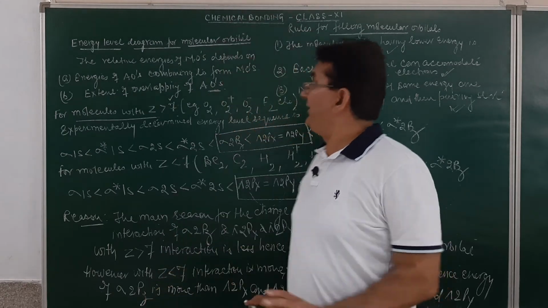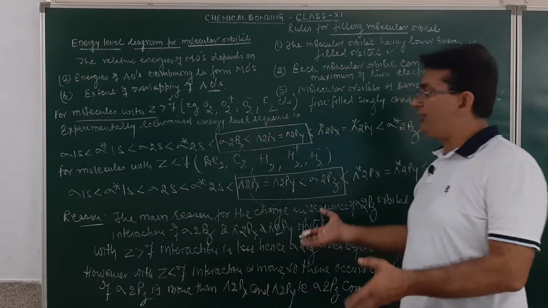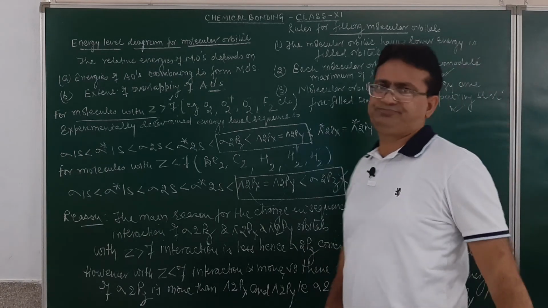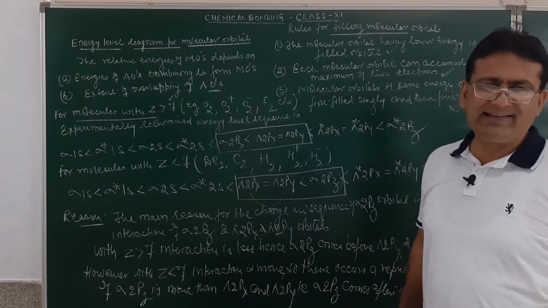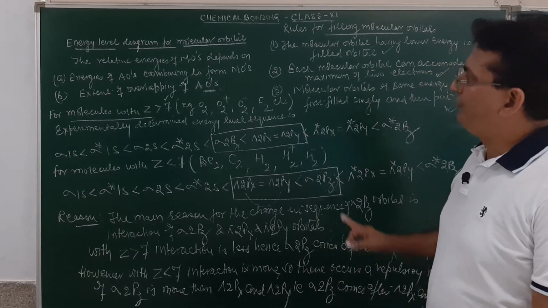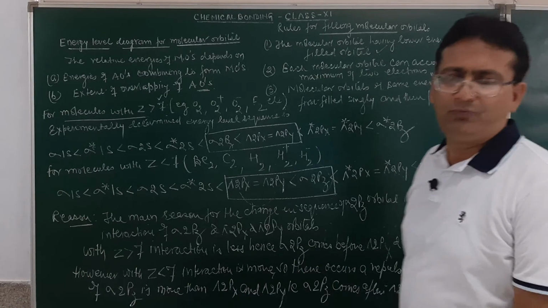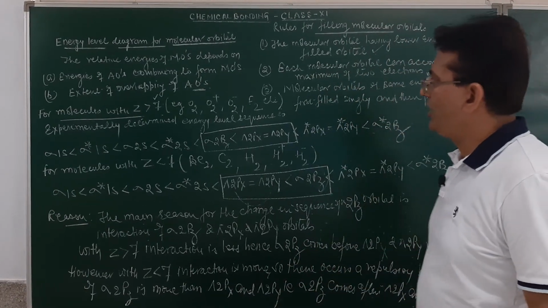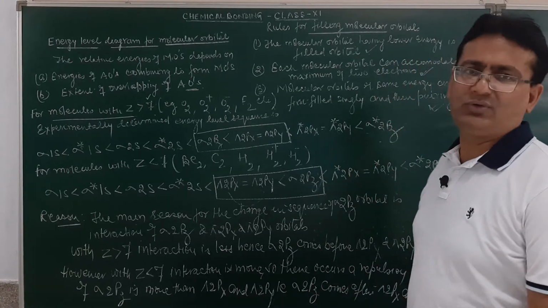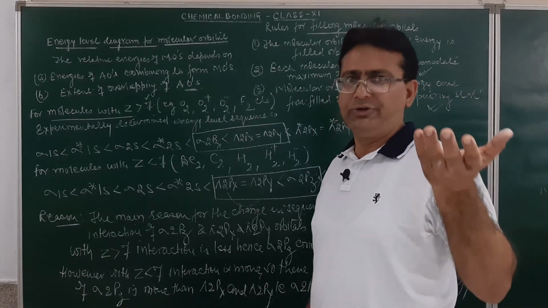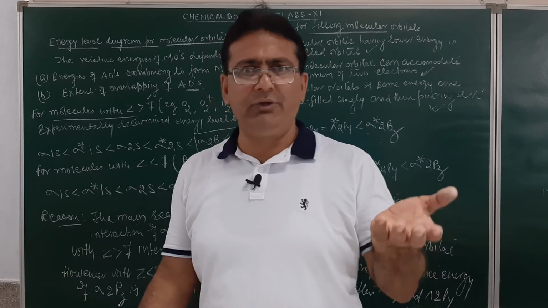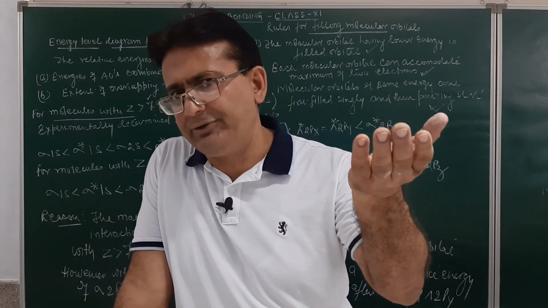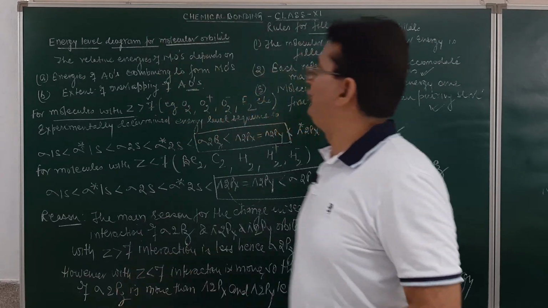So, what is the heading, student? It is an energy level diagram. You must have been observing that I have not made any energy level diagram here. But when the lecture continues further, in the next lecture, I will be making the energy level diagram based on this energy level sequence in increasing order of energy. The molecular orbital with the lower energy will be at the lower side, and the molecular orbital with the higher energy will be at the upper side. Fine. So, we will continue with this lecture.